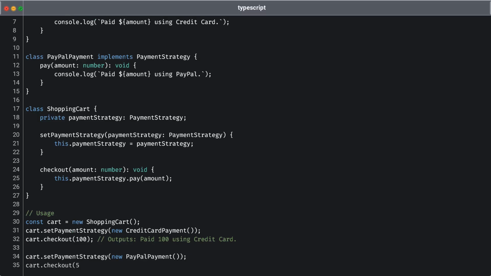It has a private property, paymentStrategy, to hold the current payment strategy being used. The setPaymentStrategy method allows us to assign a specific payment strategy implementation at runtime, giving flexibility in choosing the payment method dynamically. Finally, the checkout method invokes the pay method of the selected payment strategy, enabling the shopping cart to process payments seamlessly with different methods. By decoupling the shopping cart from the payment methods, this implementation allows for easy expansion and modification as new payment